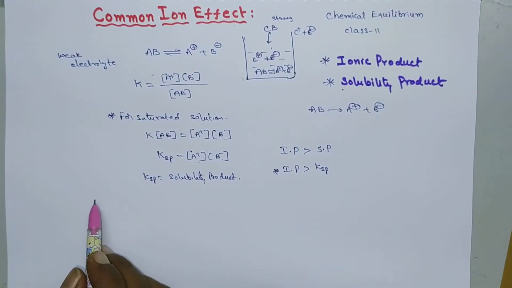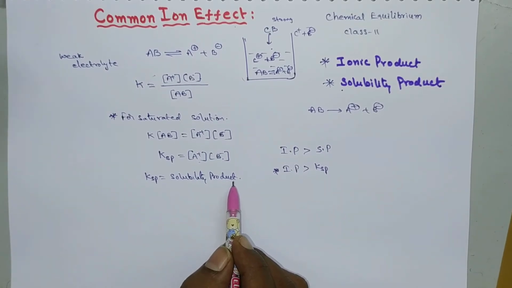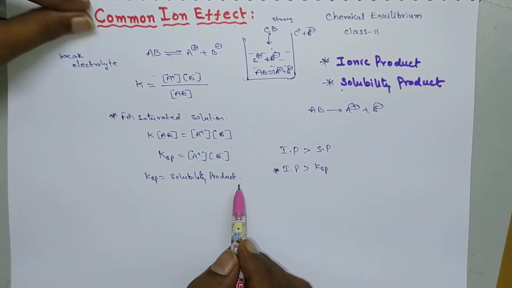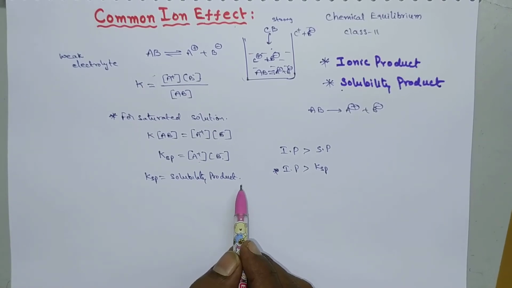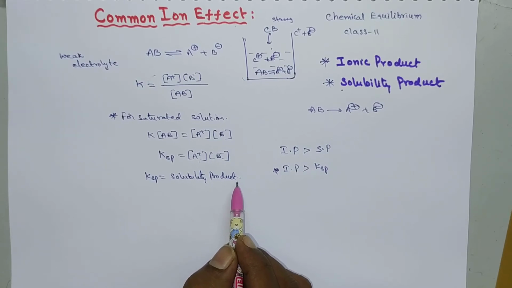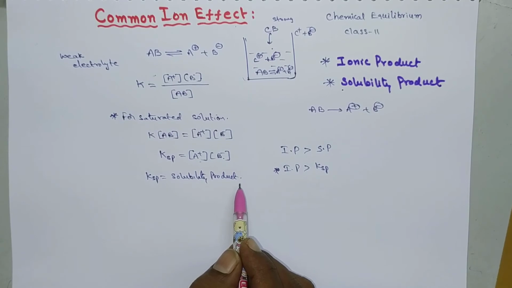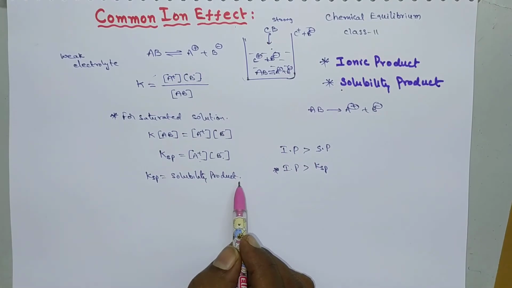This common ion effect is mostly used in qualitative analysis for the identification of cations. During the identification of cations, this common ion effect is helpful for the prediction of cations. Second group cations and fourth group cations are there. Those group cations can be separated by precipitation of their sulfides, cation sulfides like copper sulfide, iron sulfide, likewise. And this principle is also useful for the purification of sodium chloride.